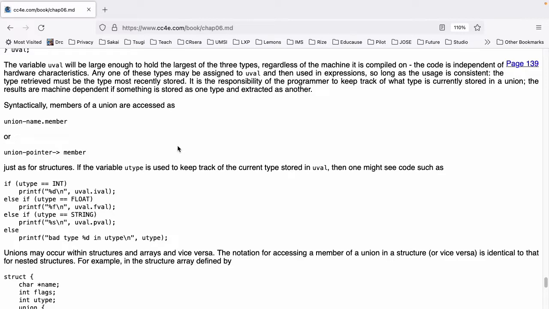if (utype == INT) printf("%d\n", uval.ival); else if (utype == FLOAT) printf("%f\n", uval.fval); else if (utype == STRING) printf("%s\n", uval.pval); else printf("bad type %d in utype\n", utype);